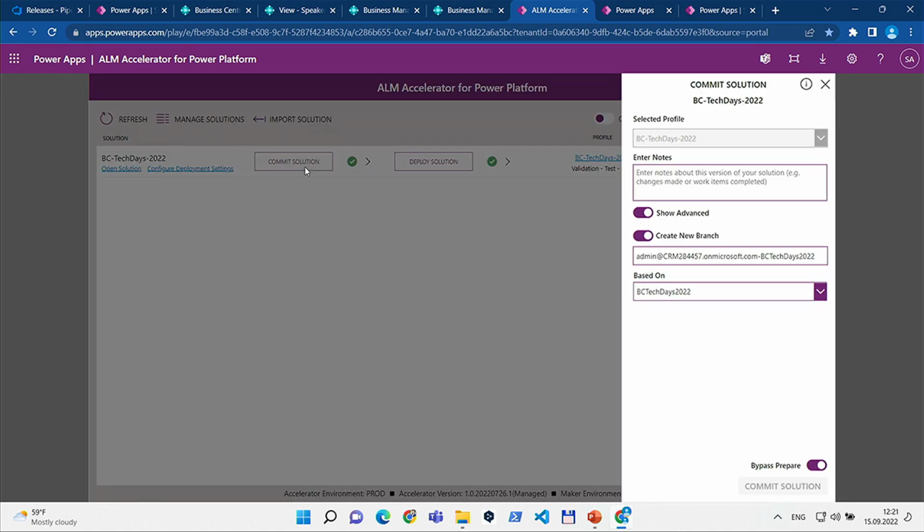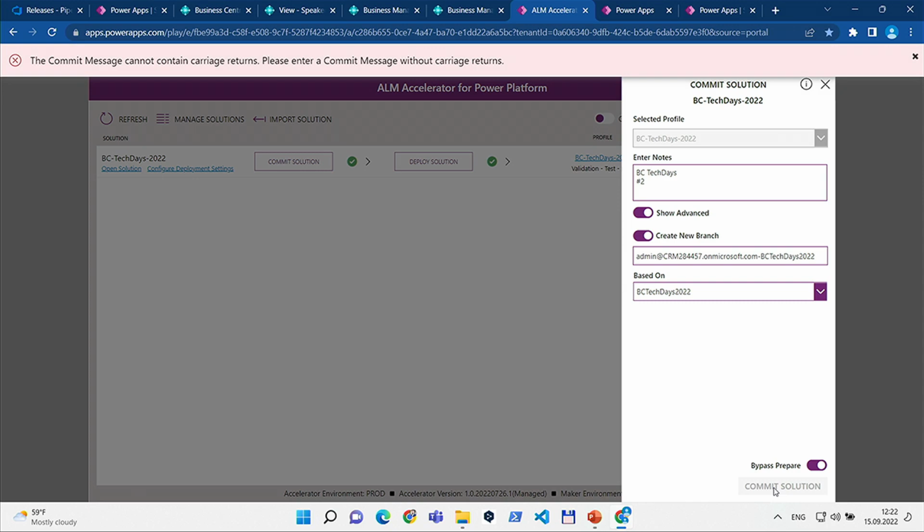Furthermore, let's commit my solution. I have done my development. My Power App is perfect. Let's say BC TechDays, and well, let's say this is user story 2 or work item number 2. I store my information in my own branch based on another branch. Okay, it is there. We have to look at this later. And finally, I need to, come on,